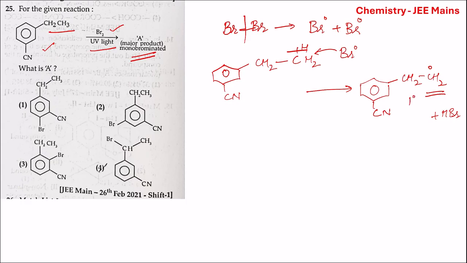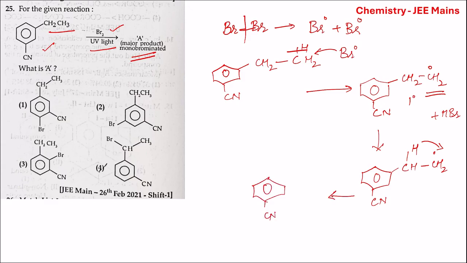Now this undergoes rearrangement to give a secondary free radical, because a secondary free radical is more stable than primary. So this carbon hydrogen bond on the adjacent carbon, there is rearrangement taking place. This bond also breaks. This hydrogen moves along with one electron to this primary carbon, and as a result of this a secondary free radical is formed, that is CH and CH3. Here the secondary free radical is formed.